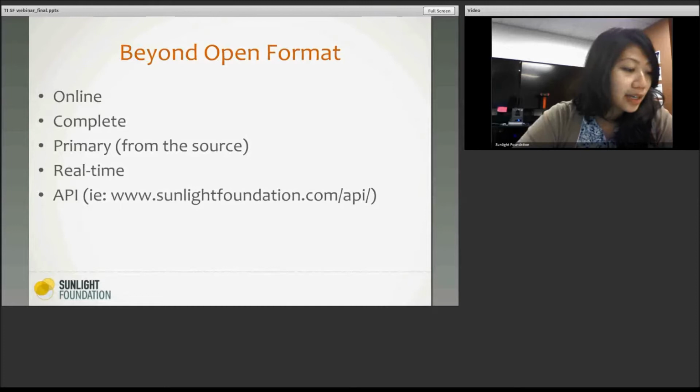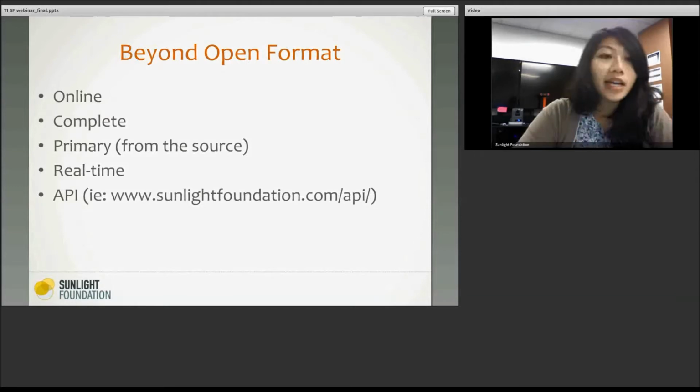And then additionally to being online, it should also be in real time. A lot of times, especially in the space where we care about elections, for instance, if information comes in right after the elections, for example political finance data, it really could have made a difference in terms of how people are voting. So it's really important that we stress that information, especially open data, should be made online and in a real-time format.